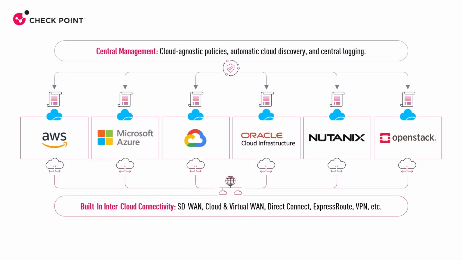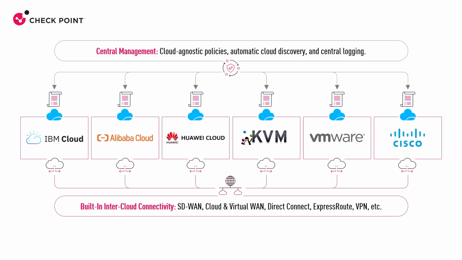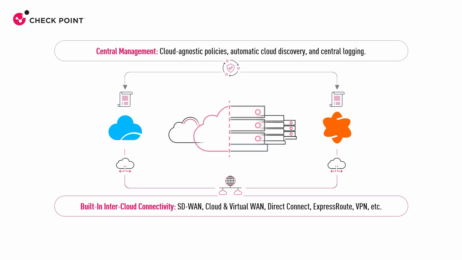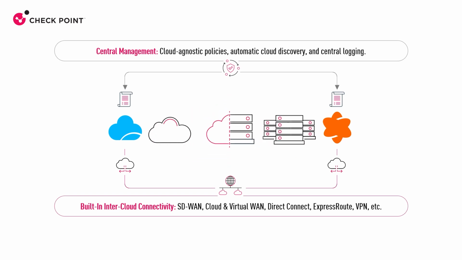Today we're going to demonstrate the power of cloud-agnostic self-adaptive firewall rules that span multiple clouds, from AWS, Azure, and GCP to Nutanix and OpenStack, and pretty much any other cloud you can imagine. And because we're a hybrid mesh firewall, the same applies to on-prem hardware, making it the perfect choice for heterogeneous environments that span multi- and hybrid cloud environments, all using a single management console with built-in support for multiple secure